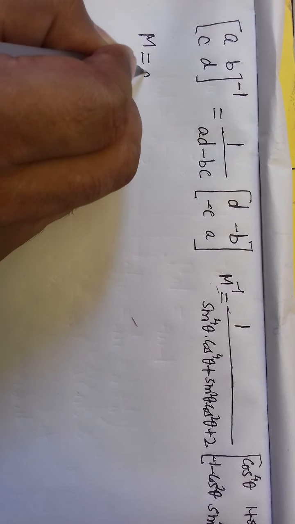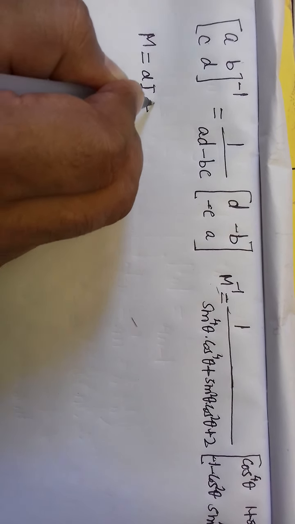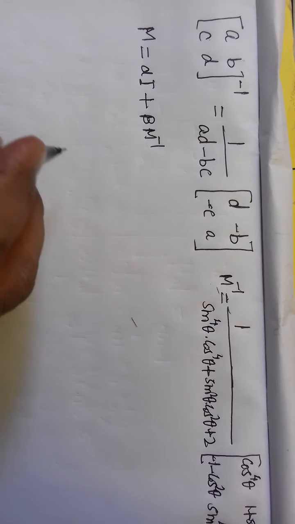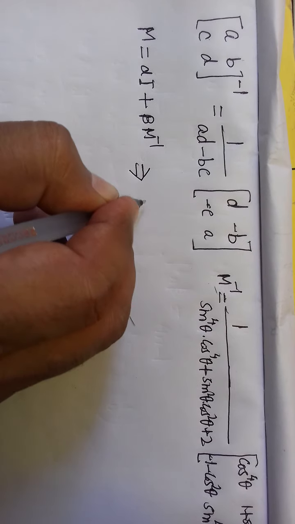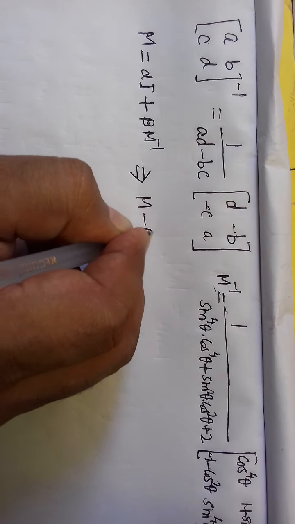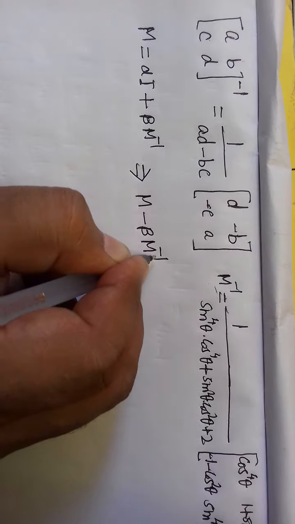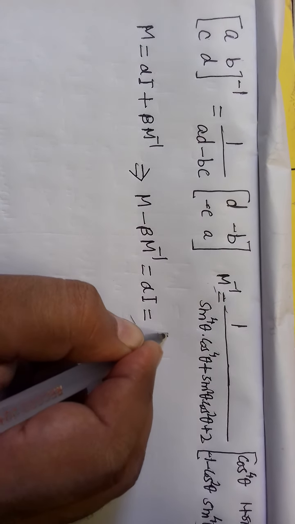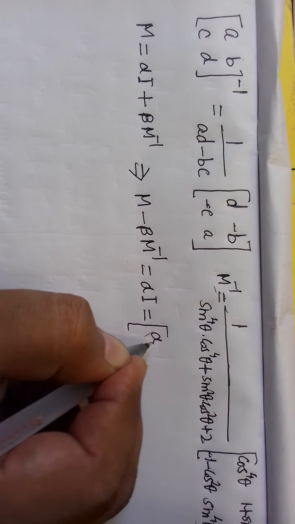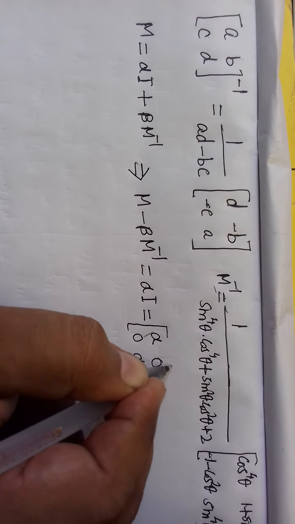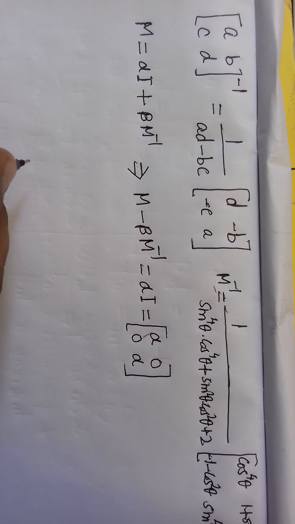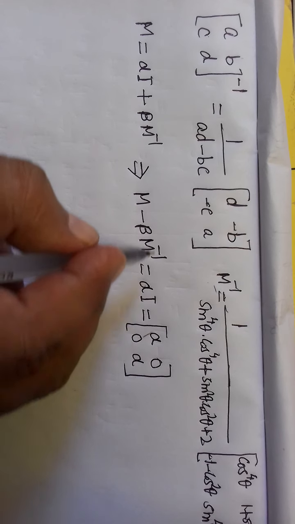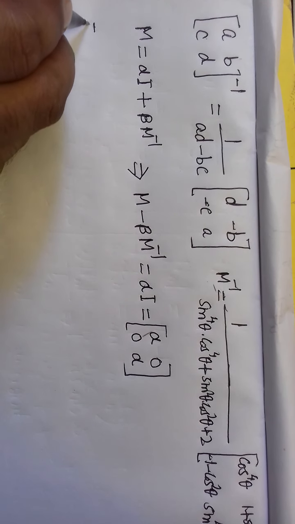The equation is M equals alpha I plus beta M inverse. So this can be changed as M minus beta M inverse equals alpha I. Alpha I means alpha 0 0 alpha. Now putting the values of M and M inverse in this equation, we get